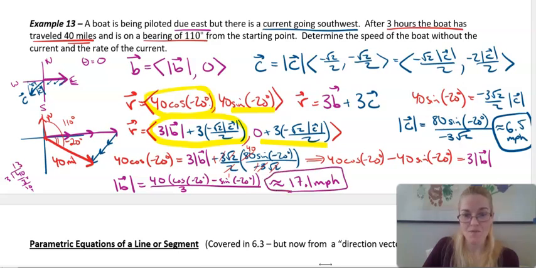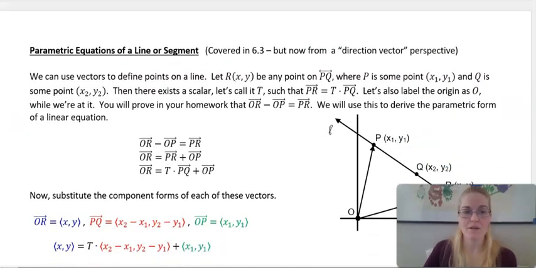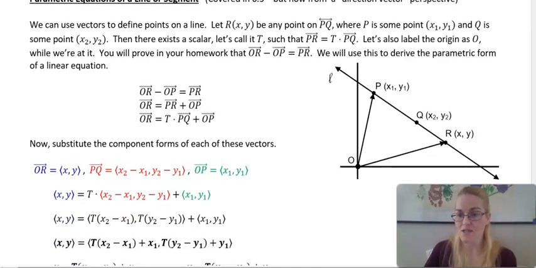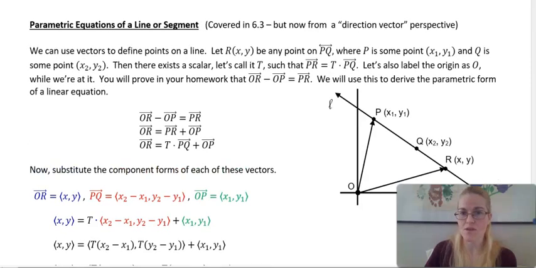Alrighty. So last little bit for these notes, we're going to look again at parametric equations of a line segment. So we already covered this in 6.3 because we did 6.3 first, but we're going to look at this now with a direction vector perspective. So we can use vectors to define points on a line, right? So look over here. R is an arbitrary point, x, y, and it's on the line between the points P and Q. So if I let P be x1, y1, and Q be x2, y2, then I can say